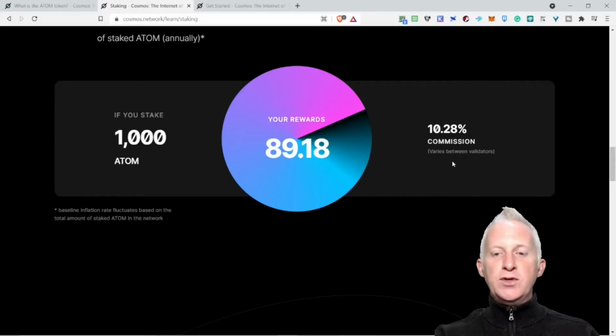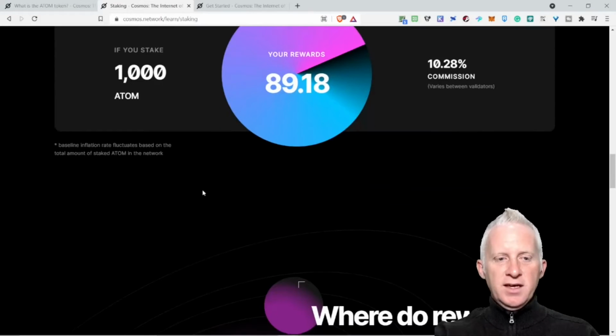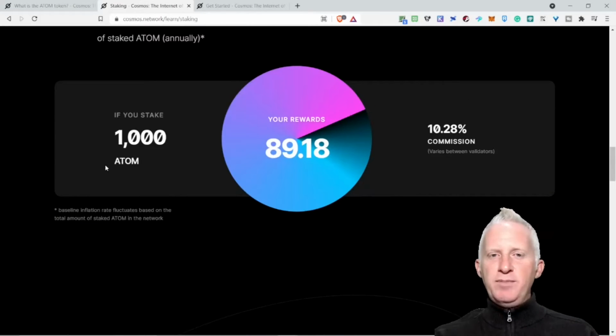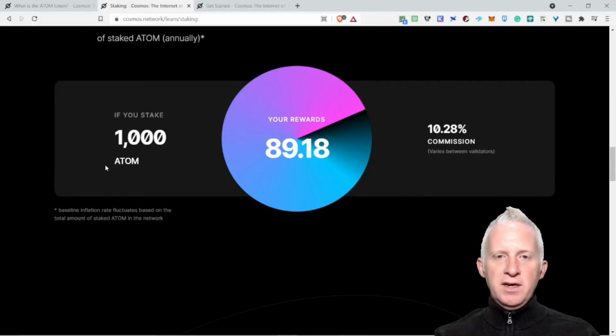There is a 10.828% commission, which varies between validators. So you need to choose your validators wisely, or multiple ones instead of just one. So I'm going to read that part. Baseline inflation rate fluctuates based on the total amount of staked Atom in the network. So the interest rate, or the APY annually, is going to vary over time. So don't pay too much attention. If you want to go on this path, you just need to stake and then forget about it. And probably in a few months, check once in a while, you're going to see your stake